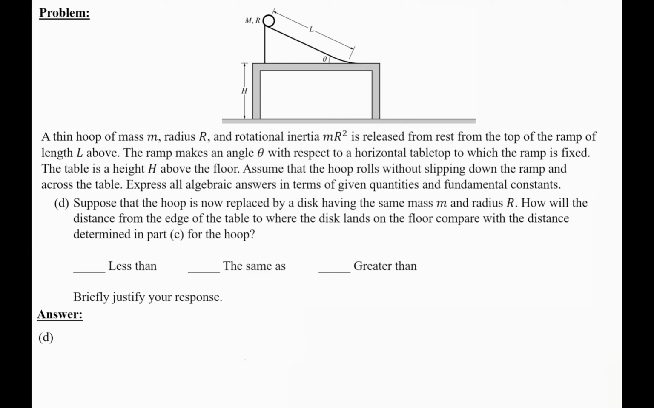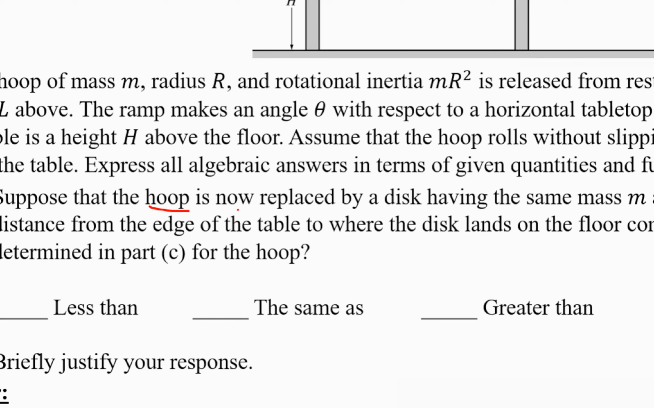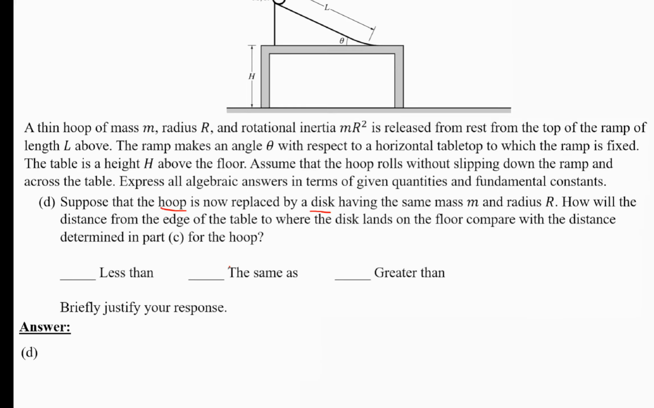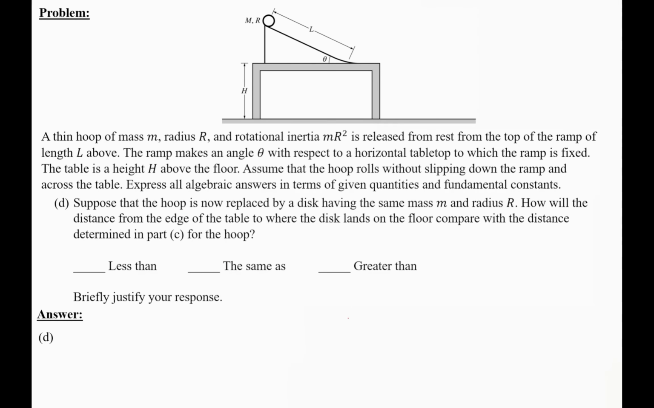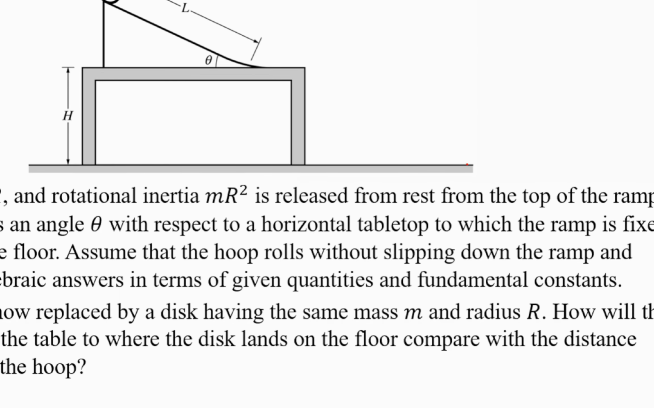And finally, in part D, they're asking us, suppose that the hoop is now replaced by a disk. So what is the difference between the hoop and the disk? The disk is less inertial than the hoop, having the same mass and radius r. How will the distance from the edge of the tabletop to where the disk lands on the floor compare with the distance determined in part C for the hoop? So here, notice that the horizontal distance covered here depends. If you remember that d is given by v multiplied by t,